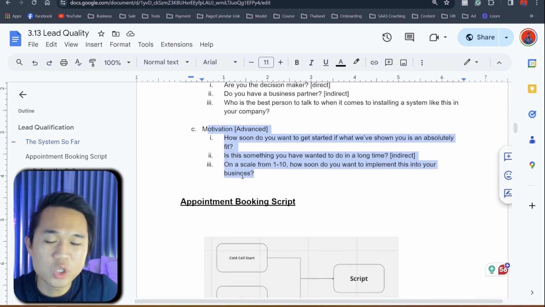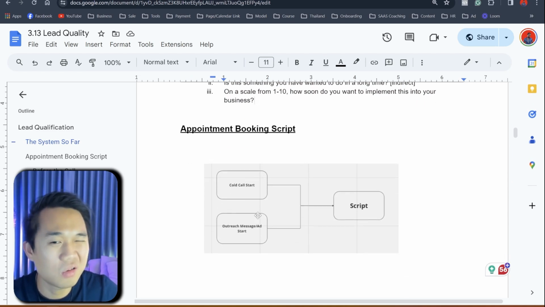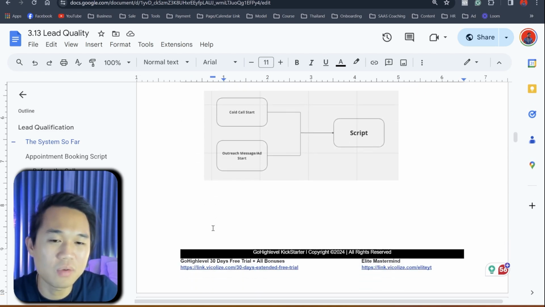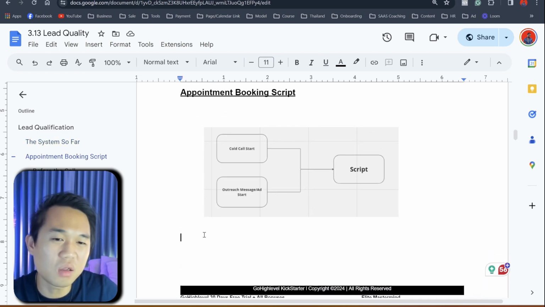So we'll show you how to do this in the VSL. We're actually doing this in the VSL using urgency and scarcity, but in a phone call, it's really quite hard to pull off. I normally skip it on my part. So the script is involving